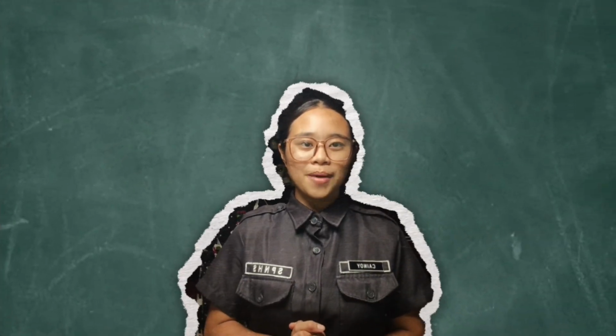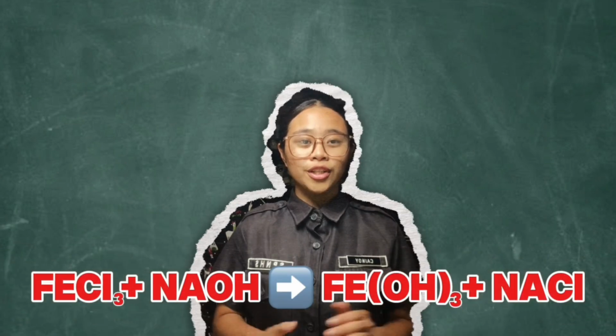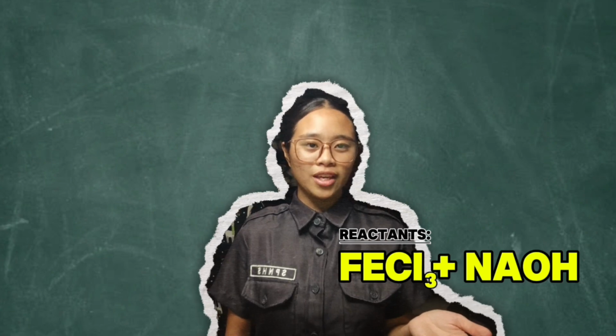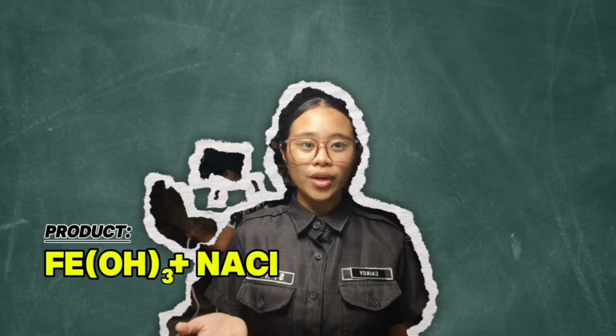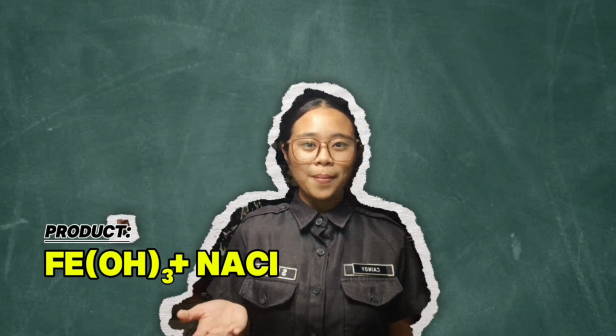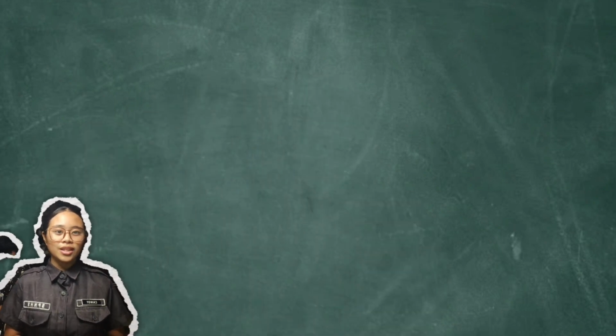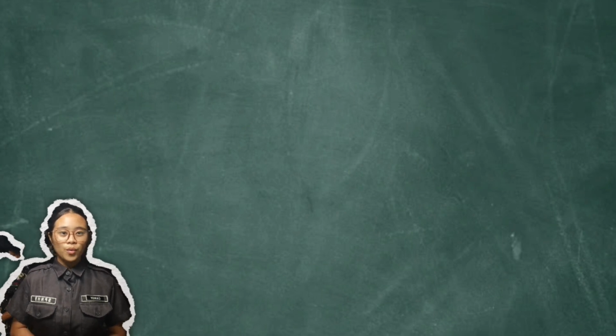We have here our unbalanced equation. For the reactants, we have FeCl with a subscript of 3 plus NaOH. And for the products, we have Fe(OH) with a subscript of 3 plus NaCl. The first thing we need to do is write the unbalanced chemical equation,